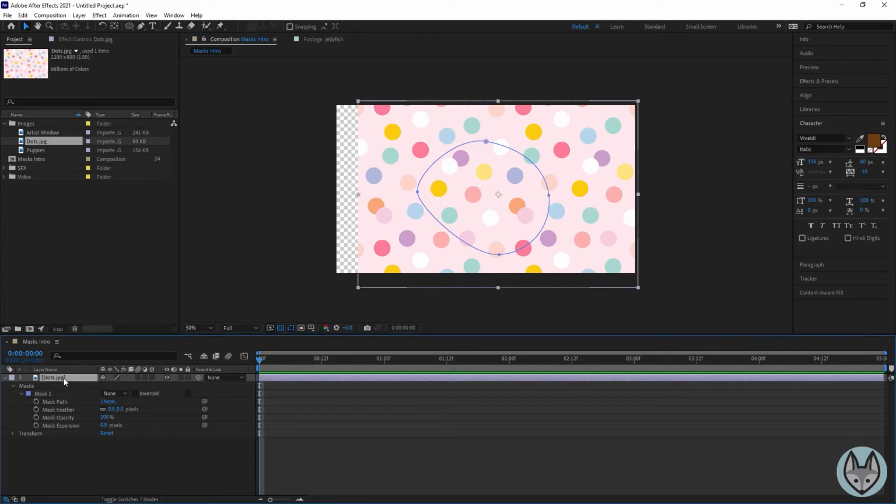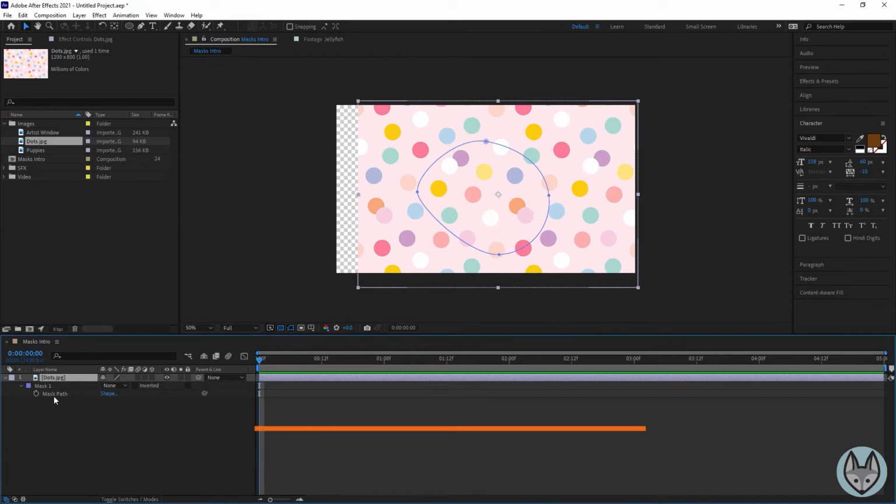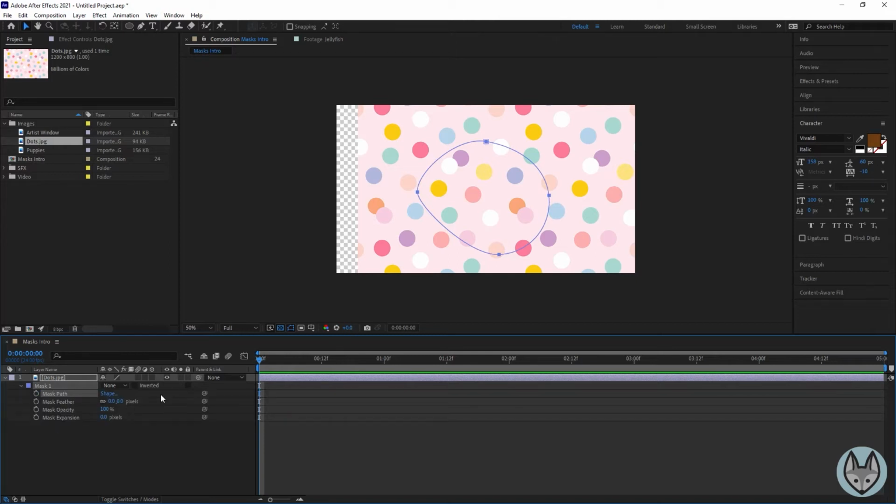And again, what you can do if you've got the shortcut for masks is M. So just like P for position and all that. And that'll come down, you'll see your mask path. But if you want to see everything, just go ahead and roll down all our options here. So mask path is the shape. Now you see there's a stopwatch here, so we can